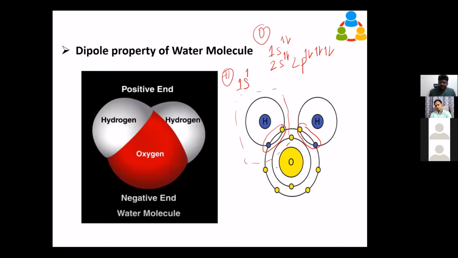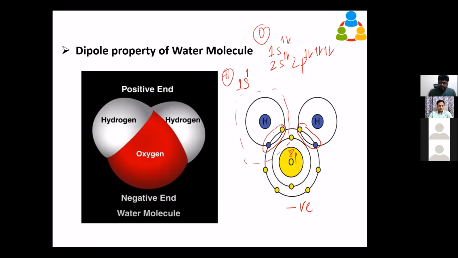So in this case, what's happening? Because of the sharing, the oxygen nucleus has only 8 protons. The protons are not increasing, only the electrons have increased. Now it has 10 electrons in total, because 2 electrons got shared. So what will happen? The negativity of the oxygen atom increases. 8 protons can shield only 8 electrons, so the remaining 2 electrons are left out. That pair of electrons gives the negativity to the oxygen atom.